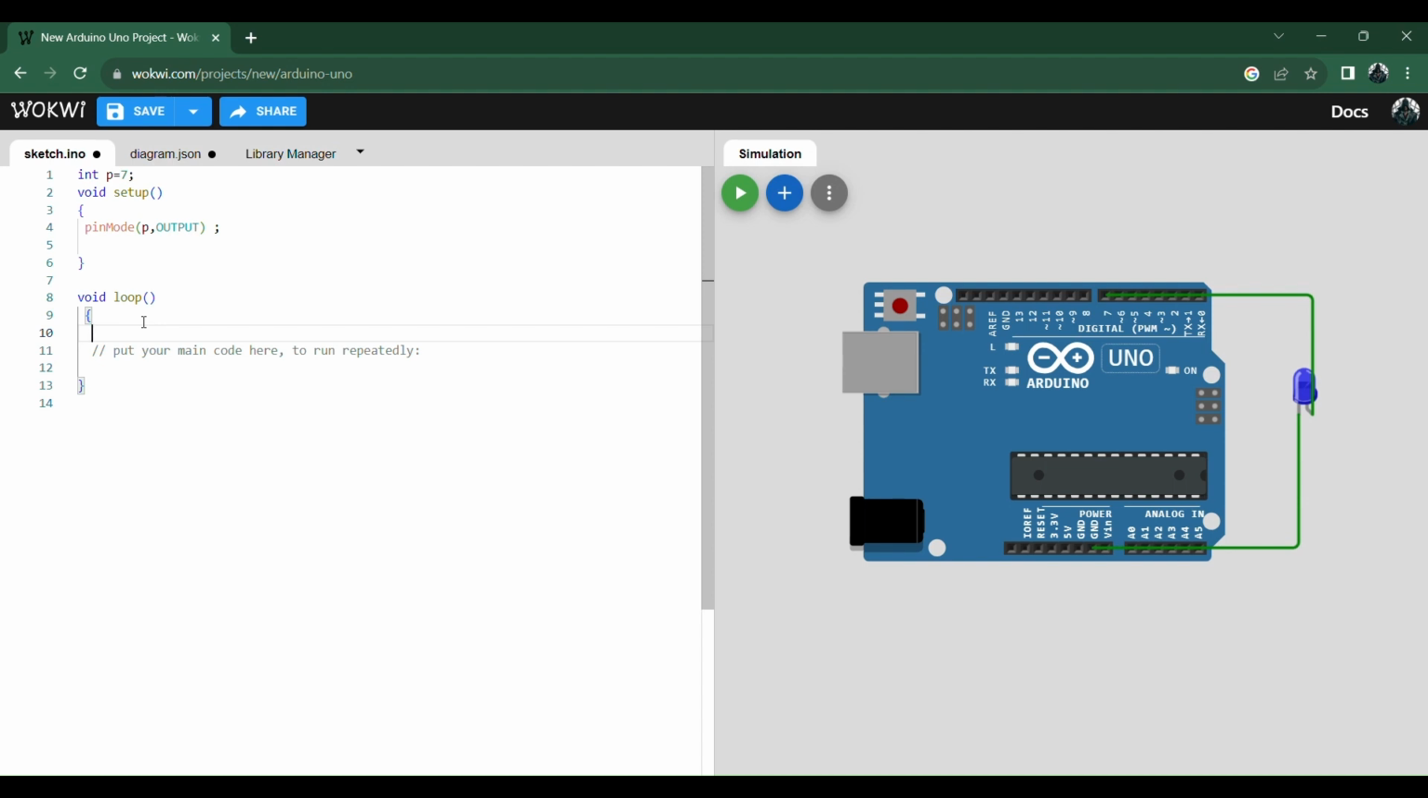So I will write digitalWrite. That is the function to write, that is, give some current to this 7th pin. So if you want to specify it as 7th pin, we will write like this. digitalWrite, and here W is capital. See, again it has turned to red color, which means it has detected it as a keyword. And